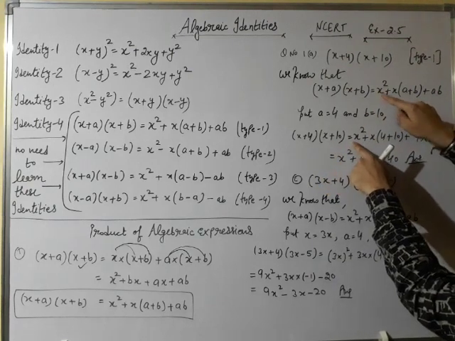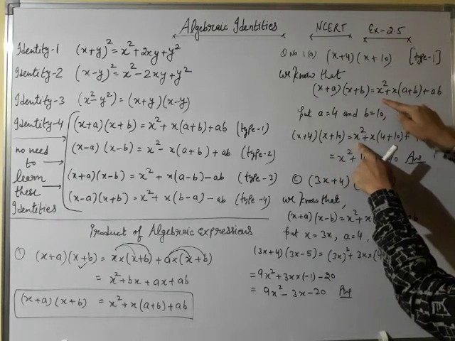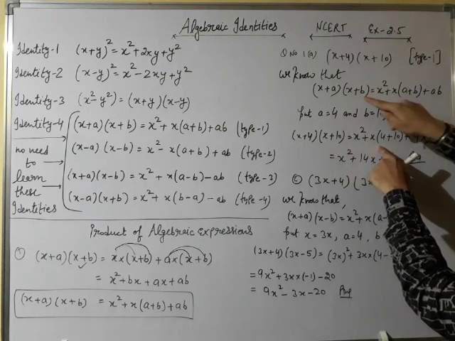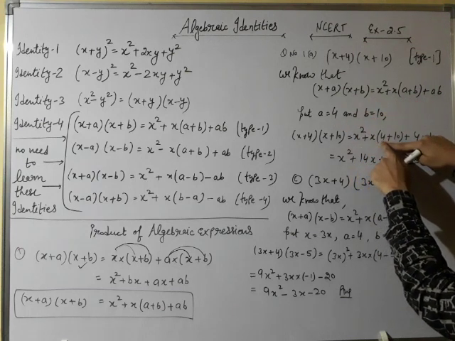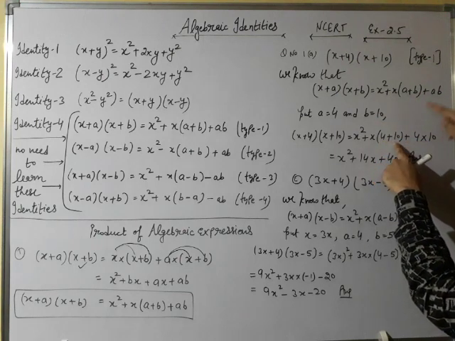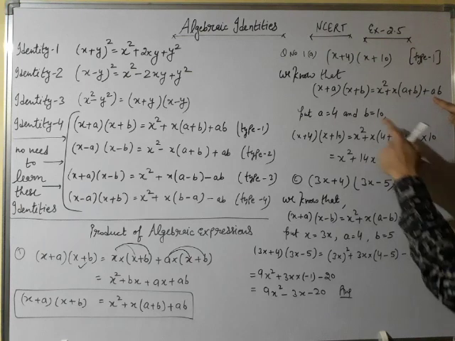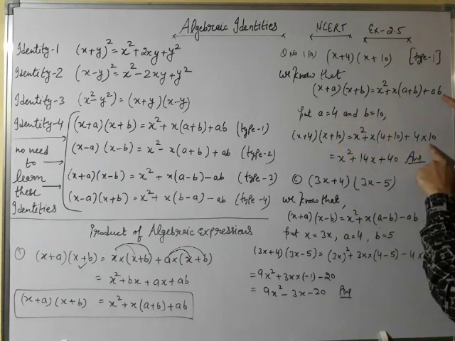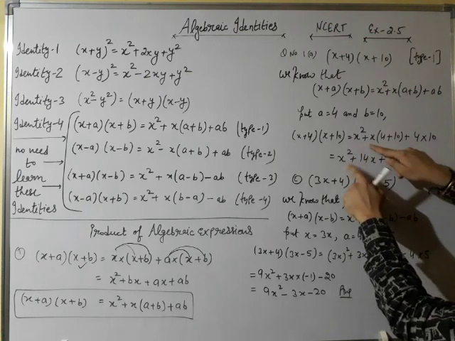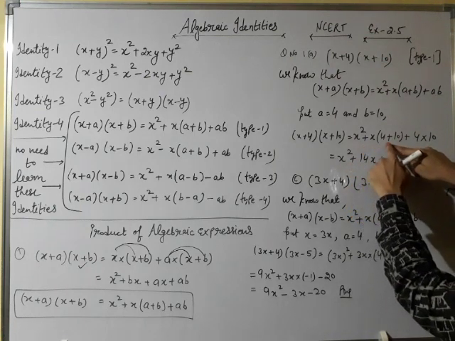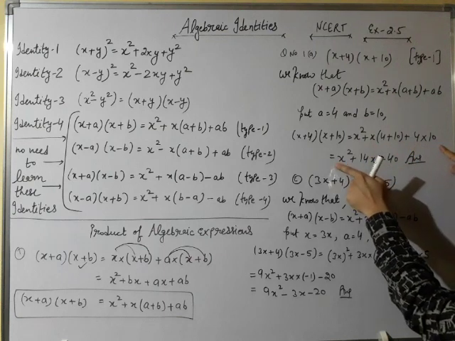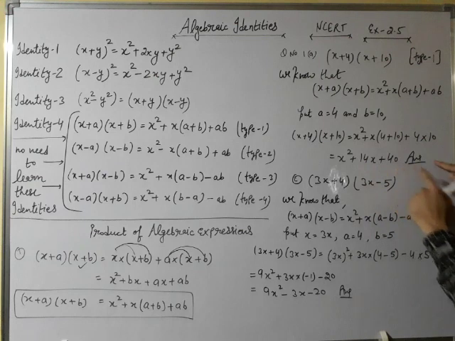Now it equals the right hand side of the equation, x² plus x, bracket, a will be replaced by 4. So I have written here 4 plus b is equal to 10. So I have replaced b by 10 here, then plus a is equal to 4 multiply b is equal to 10. Now solve it. x² will be the same, plus x times 10 plus 4, 14, 14 into x, 14x, plus 10 into 4, 40. So the required answer is x² + 14x + 40.